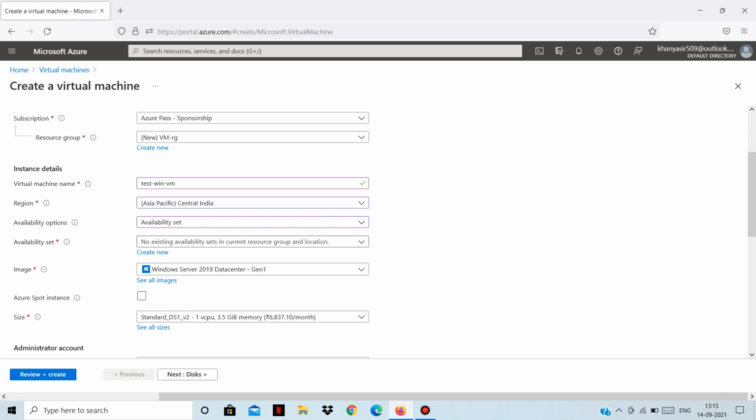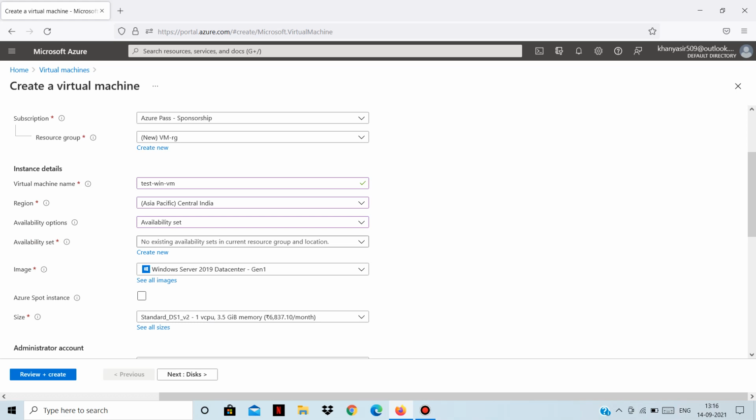and Azure will ensure that those virtual machines are part of a different server, because there can be a scenario where you create two virtual machines running the same service, okay, but both those virtual machines get created in a single server. So what happens if that single server fails? Okay, so both your virtual machines will be down.